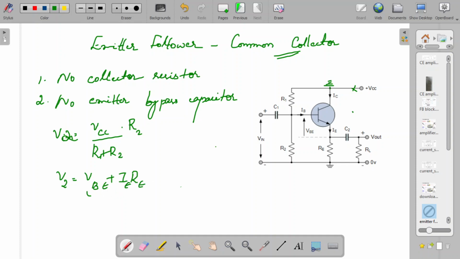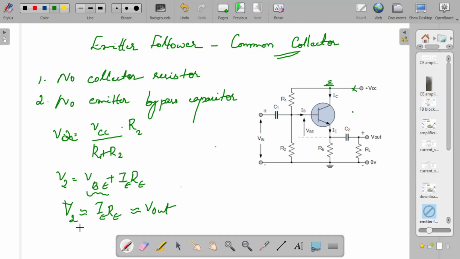Okay, now we can see this is the voltage drop across the emitter base junction, and this is a very small value, around 0.6 or 0.7 volt, right? So that means this V2 is approximately equal to IE RE, because as VBE is very small, this is actually equal to the output voltage, right? So this output voltage, that is IE RE, which is appearing here, is almost equal to V2 or slightly less than V2, right? So we can say that the output voltage follows the input voltage.